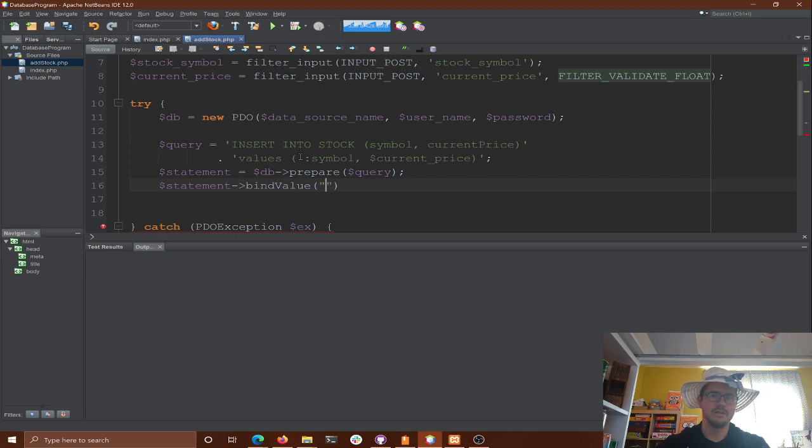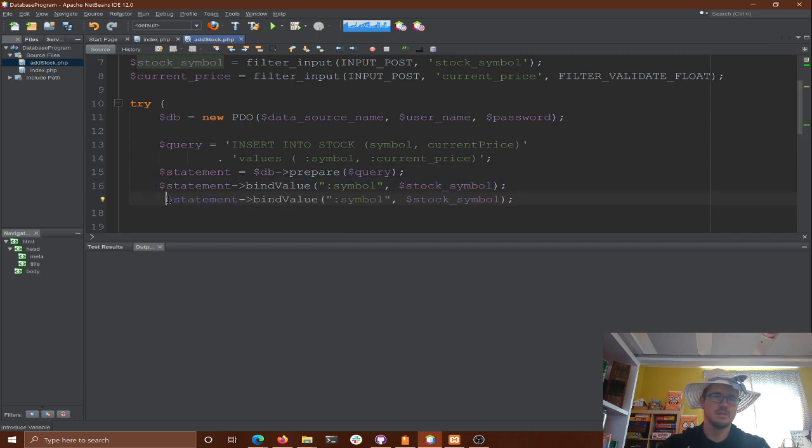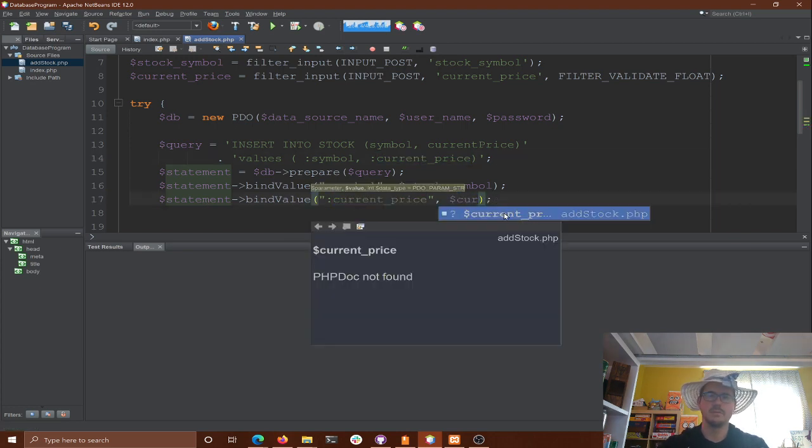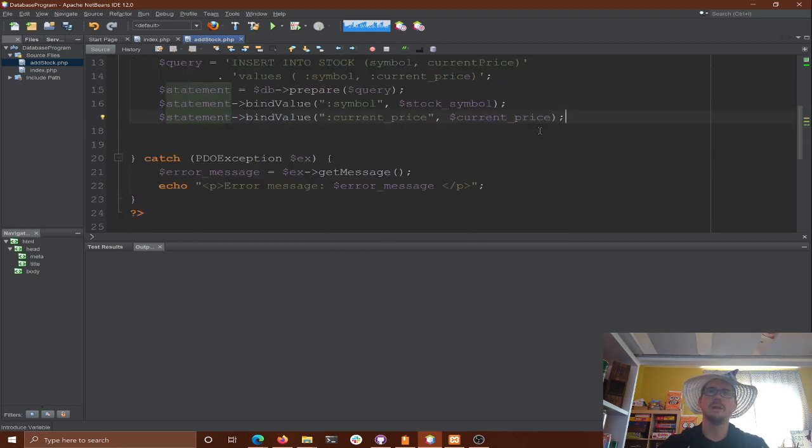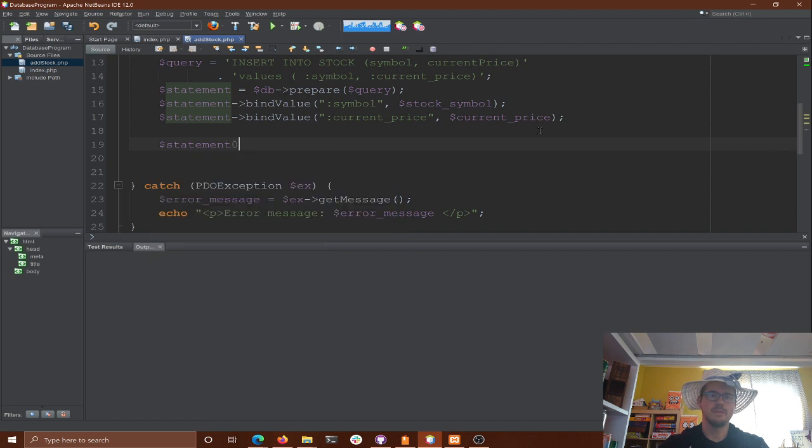Okay, let's bind our symbol, oops, that should be colon here, sorry, colon stock symbol, to our stock symbol value. And we're also going to bind our current price with the current price variable. Okay, so those are all ready to go. We bound them, and then we're going to execute the query statement.